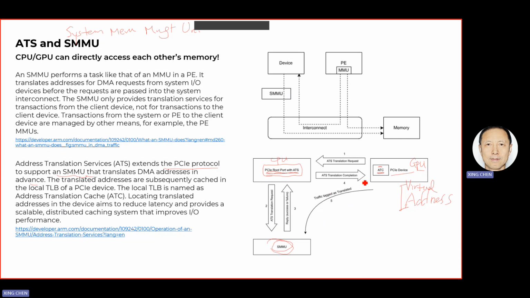improves I/O performance. So if the GPU needs to do the translation very often, and if the translation has been done, it's better to put the translation in its ATC. And the second time, when it has to read this address, the translation is already done. This is what is described here. Okay. Now, a very quick look at